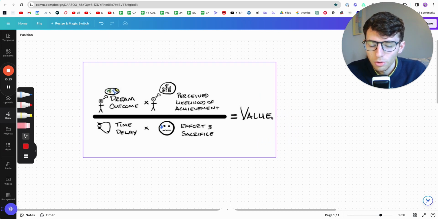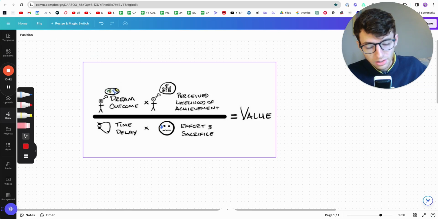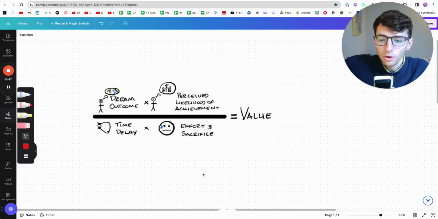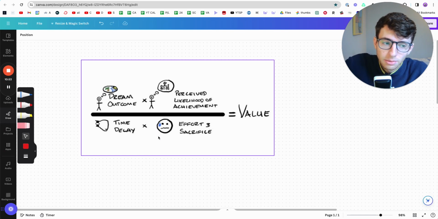The whole point of this is that he was asking, how do I demonstrate value in an offer to the people reading the offer? And what actually is value? He said that value is dream outcome times perceived likelihood of achievement over time delay and effort and sacrifice. So on the top, you have the things that people want, dream outcome and perceived likelihood of achievement. And on the bottom, you have time delay and effort and sacrifice. So how can you make the top things bigger and the bottom things smaller? And it can actually really apply to a YouTube title.